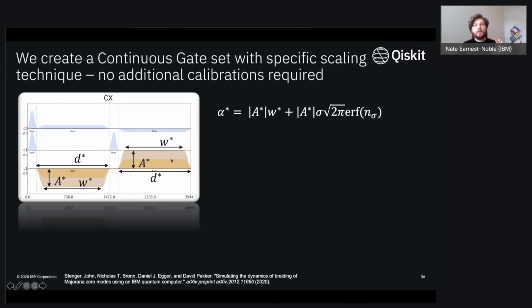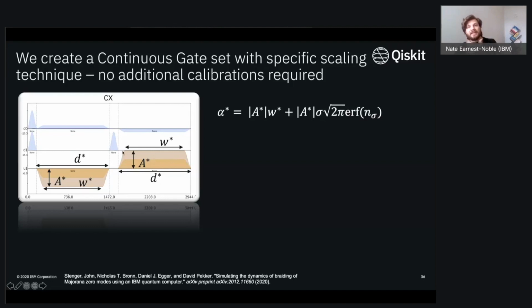And by sweeping those two things, you actually are getting these partial rotations on your target qubit. So when calibrating, you're actually, in some sense, doing a continuous gate set. You have to sort of refine it in order to get the desired angles. But the goal of what I want to show here is how you can take the default backend properties and